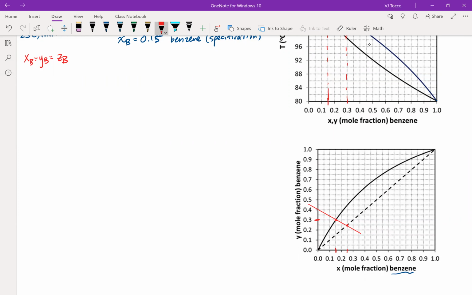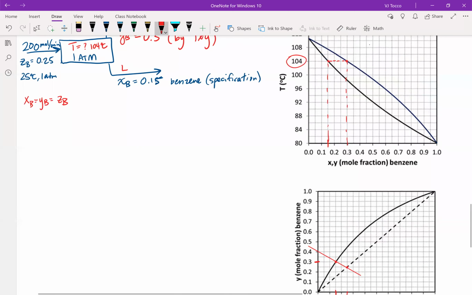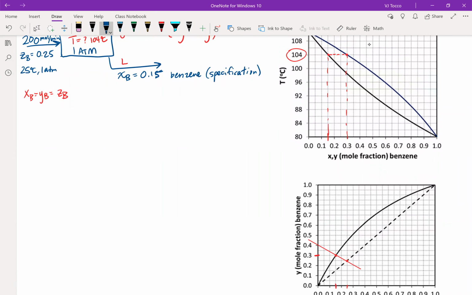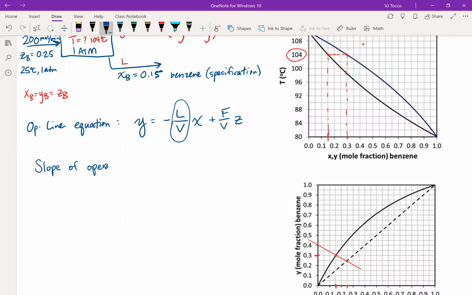I can now read this slope off the diagram, or I can calculate the slope. So why am I doing this? Remember the equation for the operating line: y is equal to minus L over V times X plus F over V times Z. The reason I'm calculating this slope is because I want to calculate what minus L over V is. So the slope of this line, just by reading it off the graph, is rise over run,